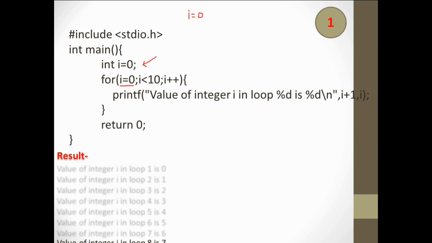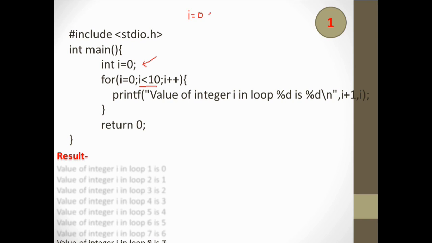The first expression is assigning value 0 to the variable I. So from the first statement also we get that the value of I is 0, so the value was already 0, it will not change. After that we will go to the next one, I is less than 10. From this condition we are checking whether the variable value I is less than 10 or not. So the value of I is 0.